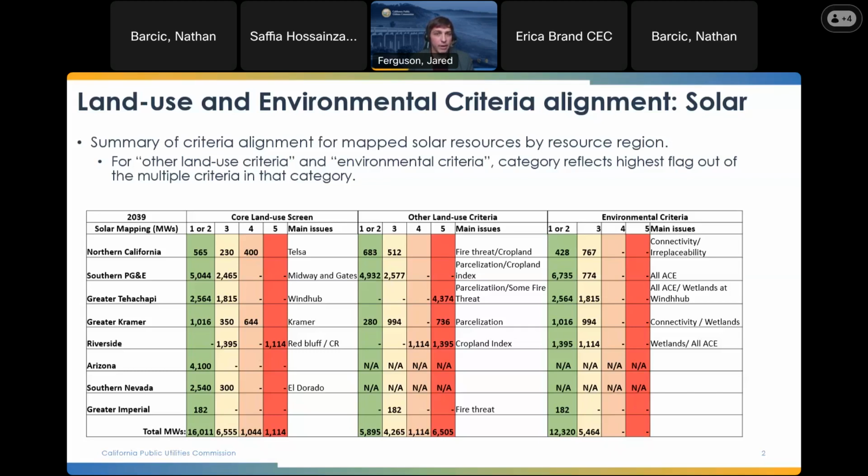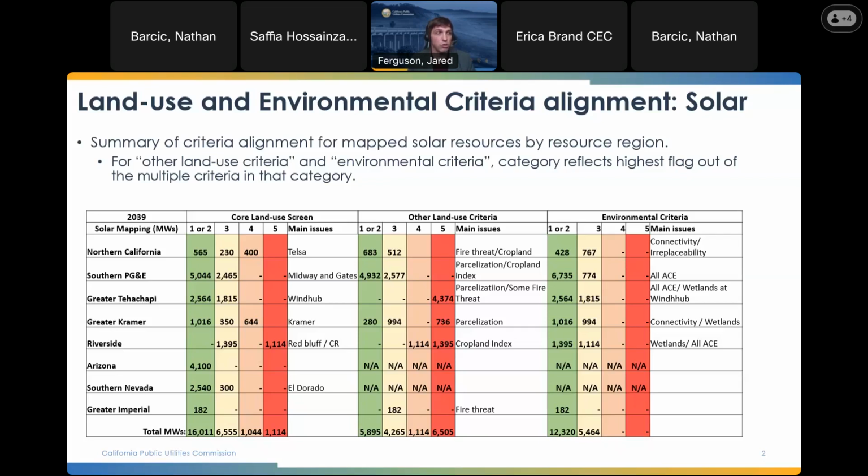We are highlighting here the highest flag out of those categories. And then I note here that level 3 is actually a level 3 at a few substations. At one substation, it's for the fire threat criteria, and then at another substation, it's a result of